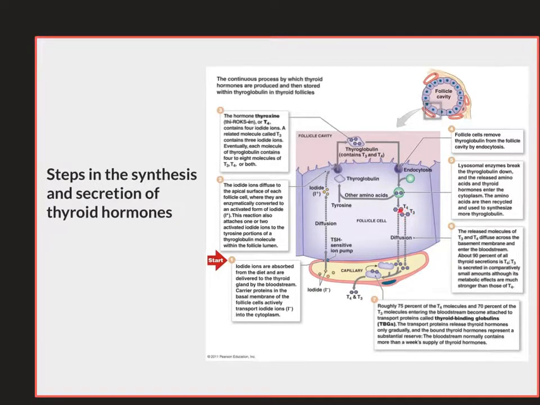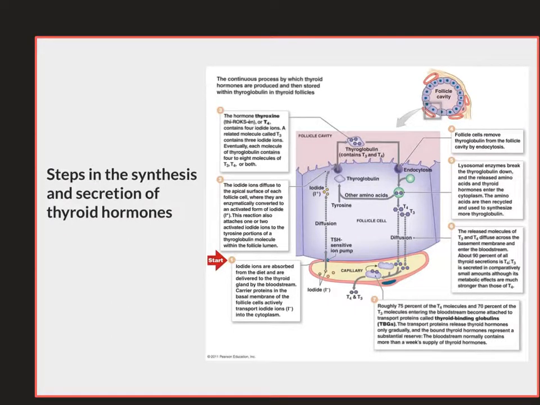Because T3 and T4 are lipid-soluble hormones, they are going to easily be able to diffuse through the lipid bilayer of the plasma membrane. Once they do this, they would enter into the interstitial fluid and then into the blood